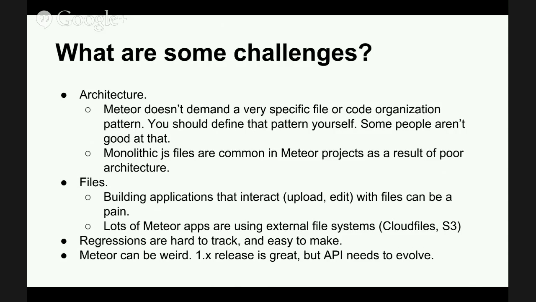The other thing that I had a hard time working with was files. If you're building an application that interacts with files on the local file system in any way, it can be kind of a pain. And a lot of the Meteor apps that are out there are using external file systems like cloud files from Rackspace and S3, and that's great. That's what I've always done, and it works really well. There are libraries that let you do that. But if you wanted to have some sort of image modification library, something that worked with local files, there's not an API for that. You have to do it yourself, and you have to write it out, and it's kind of difficult to mess with. There are things that are specific to Meteor that are